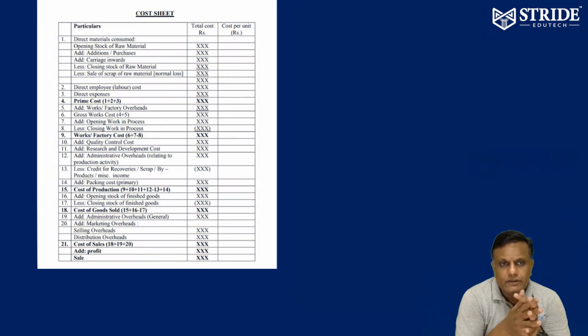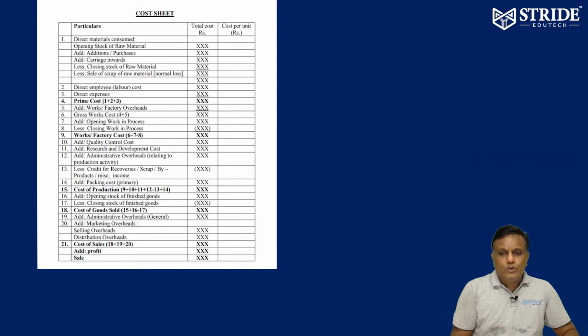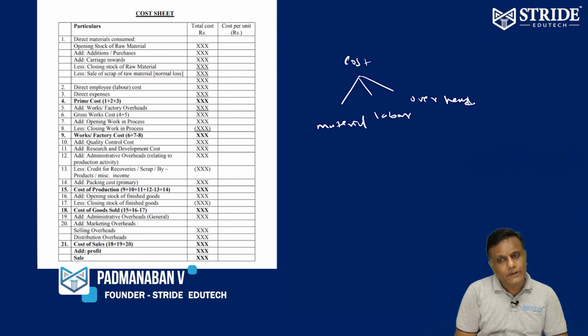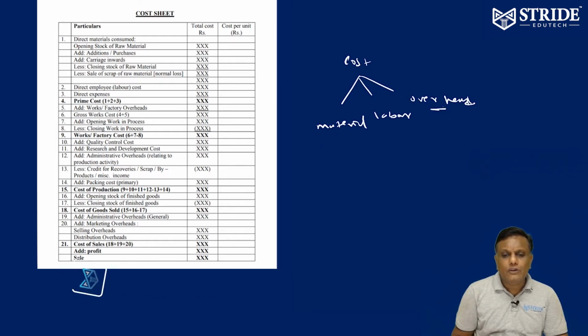Cost sheet. What is cost sheet? Cost sheet means we have to find the cost of production of a product. So there are different elements of cost sheet available, that is material, labor and overheads. Material, labor, overheads are the principal components of cost sheet. So cost of products is a combination of material, labor and overhead. Overhead means other than direct cost. All the indirect expenses, indirect material, indirect labor, indirect expense come under overhead. We will see one by one how the cost sheet is to be formed.